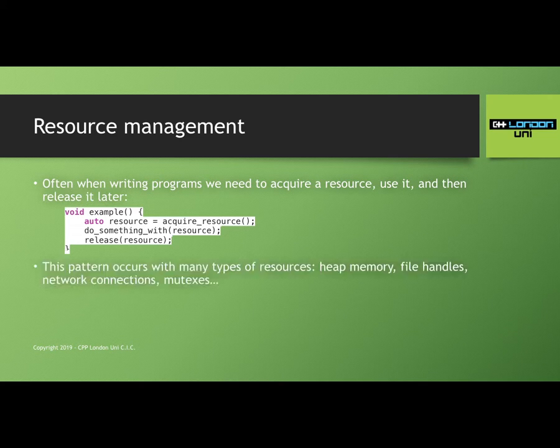And there are many kinds of resource. The reason I've used the term resource rather than something specific like memory is because there are many, many kinds of resource that this is appropriate to. Memory is one, and the most common. Heap memory, free store, whatever you want to call it. But it also applies to file handles. How many times have you opened a file, read that file, closed the file? A file is a resource. There are a limited number of files that your program can open. You don't want to keep a file open for longer than you need to.